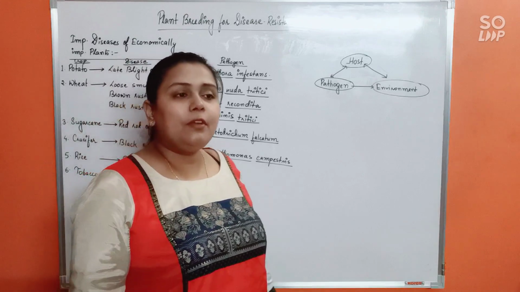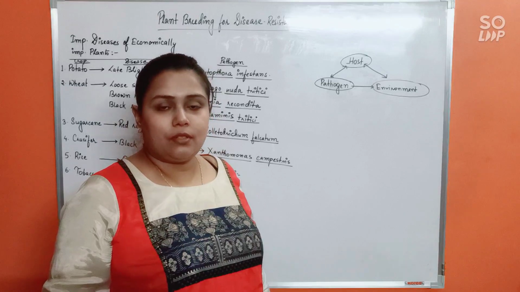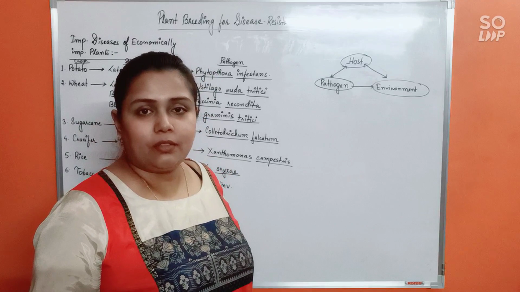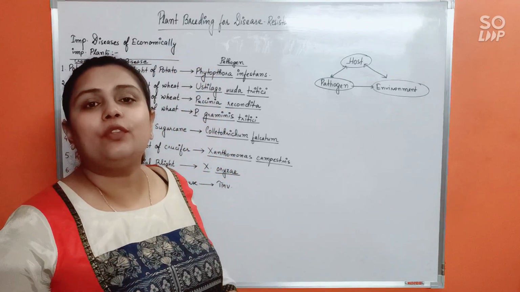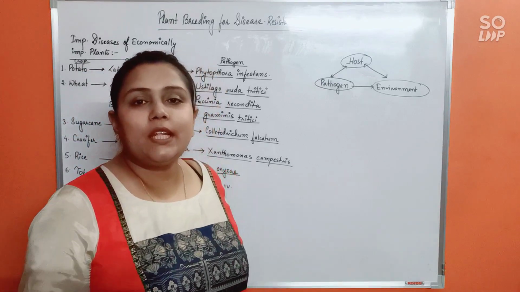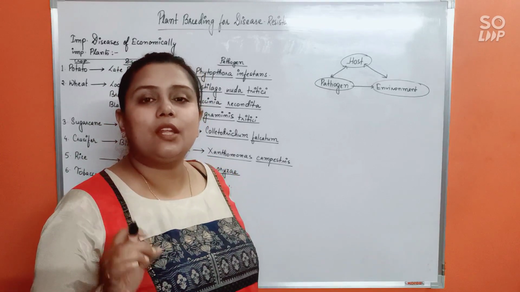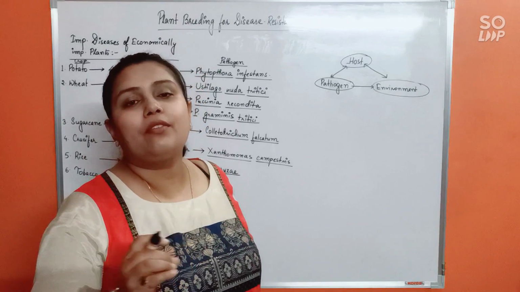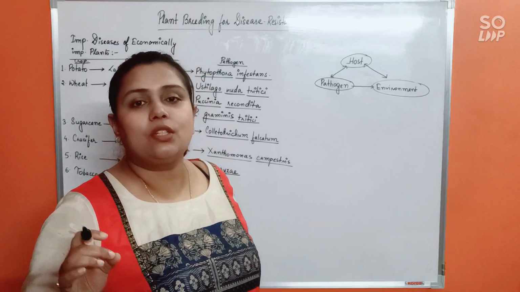Now it has been found that certain plants, especially the wild relatives, you remember we have talked about certain plants which had naturally evolved, right? And that we call the wild relative. Continuous domestication of the wild relative will give you the domesticated varieties, right? Mostly the wild relatives of plants bear certain disease resistant genes. They were naturally resistant to the attack by various pathogens. So these varieties are called disease resistant varieties.